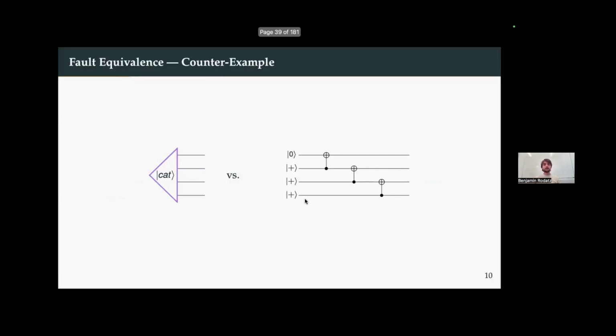Okay, so we now have faults, we have fault events, we can detect our faults. The entire idea of this paper is centered around this observation that two circuits that implement the same linear map might behave differently under noise. So let's, for example, consider this idealized circuit on the left-hand side versus this more implementable circuit on the right-hand side. Both of them implement the cat state, the GHZ state on 4 qubits. But here on the left-hand side,